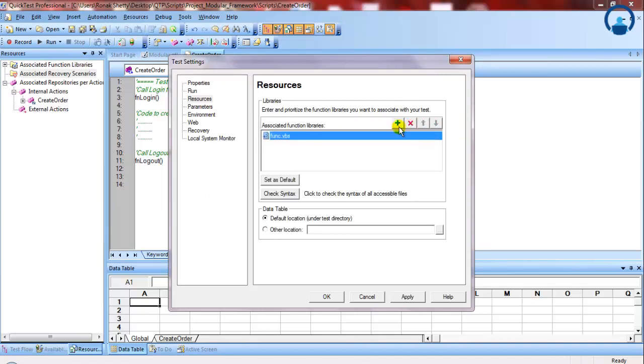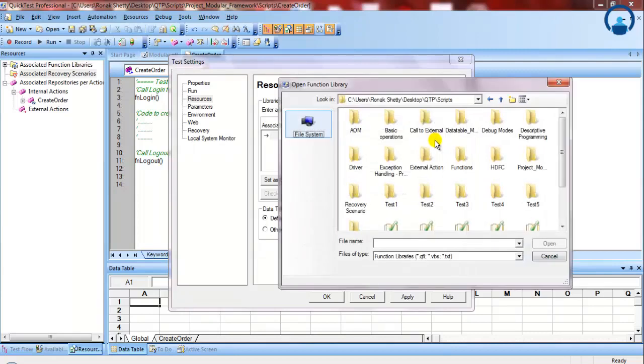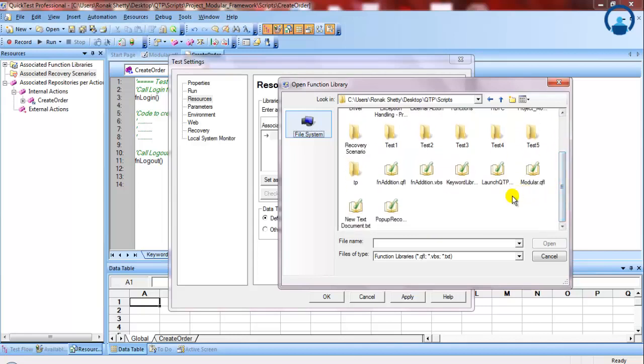Now I don't want these functions. These are from the earlier test. I had created a default, because of which it keeps on adding on every test. Now click on this plus button. These things have already been explained to you, so just to brush up with your earlier, because it's been a long gap since I explained you this concept. So just to brush up with the basic concepts,